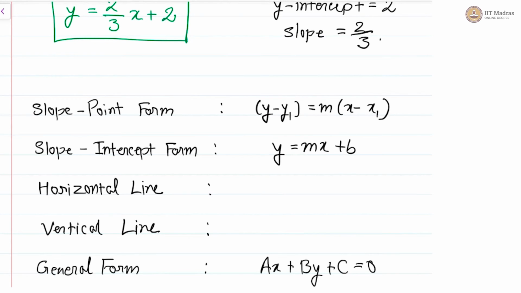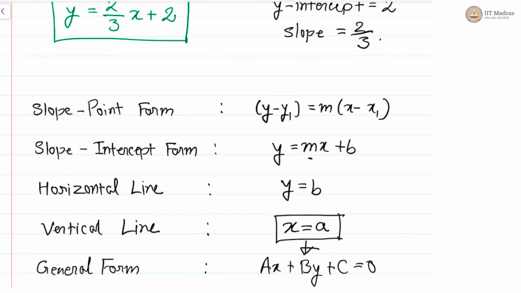What is a horizontal line? When you have a constant distance from x-axis. So what is constant distance from x-axis? It is simply y is equal to b, or you simply substitute m is equal to 0 in this form. What is a vertical line? When you cannot express anything in slope intercept form, it generally reduces to vertical line, and that vertical line is x is equal to a. This line makes our general form of equation of line important, because you cannot express this line using slope intercept form.